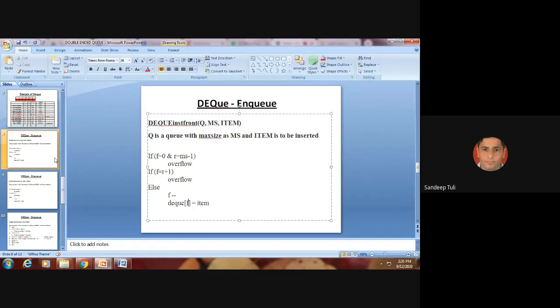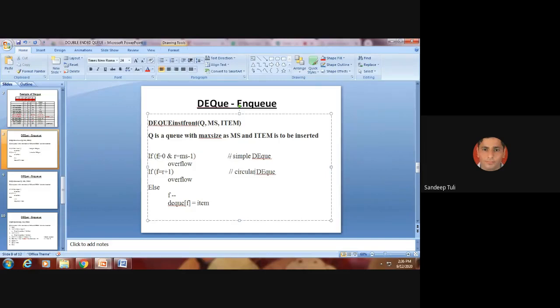Now look at that. The algorithm I am writing is both for simple double-ended queue and circular double-ended queue. You are noting it. I am writing these different conditions. So this is for what? Simple queue. Actually, you should know the algorithm for both. Yes, sir. है ना? So this condition is for simple queue, and this condition is for circular DQ. Now you have got it or not? है ना? Any confusion in this?